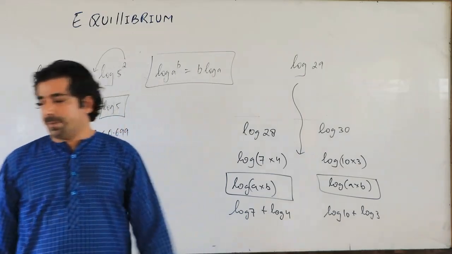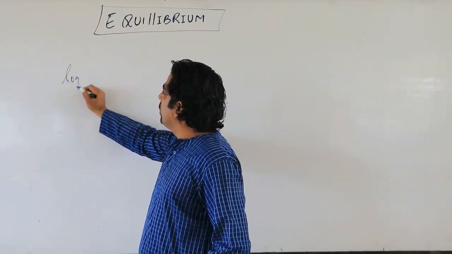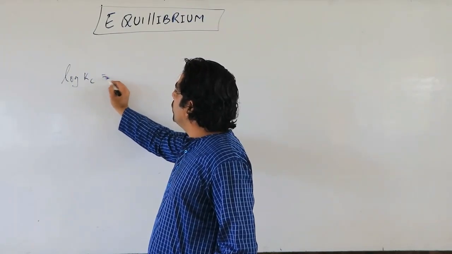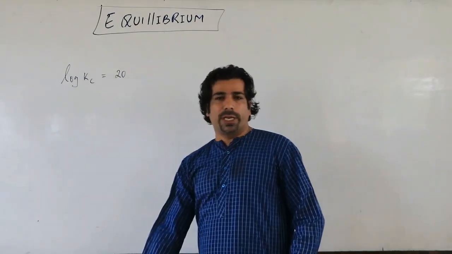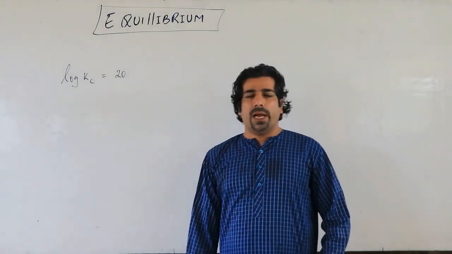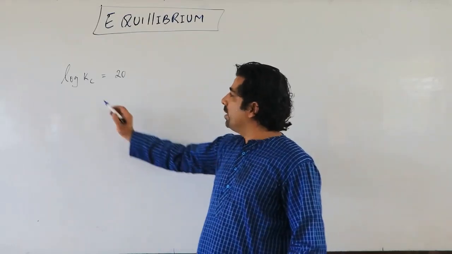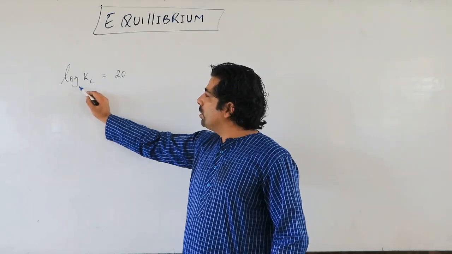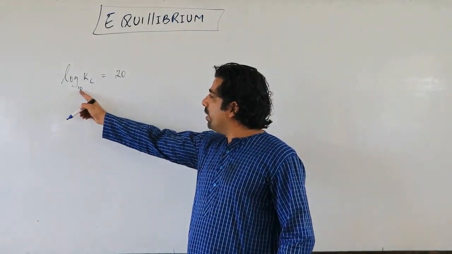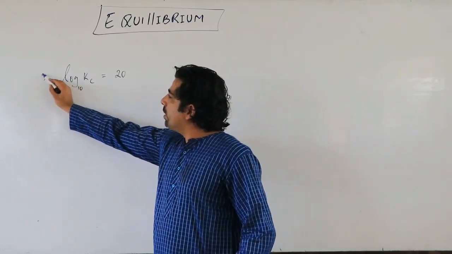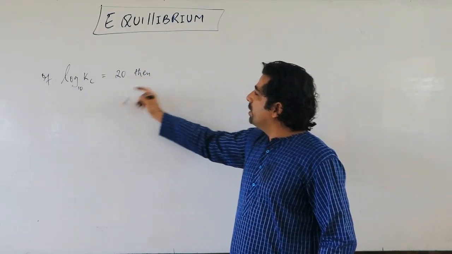Please make note of this. Dear friends, now look here. If I have log Kc is equal to, let us suppose, 20, and I want to simplify this expression. I know that this log is a common log, so its base will be 10. Obviously you have to take the base here. So I will write down, if log Kc is equal to 20, then, my dear friends, 10 to the power 20